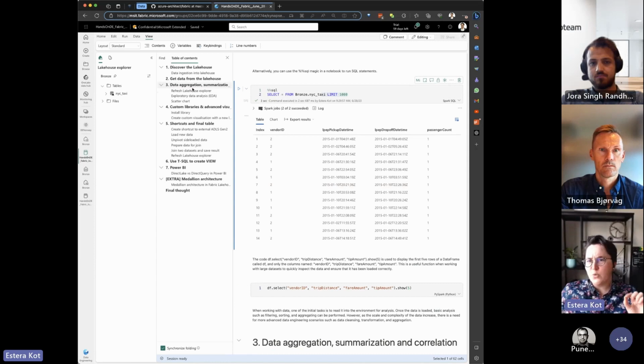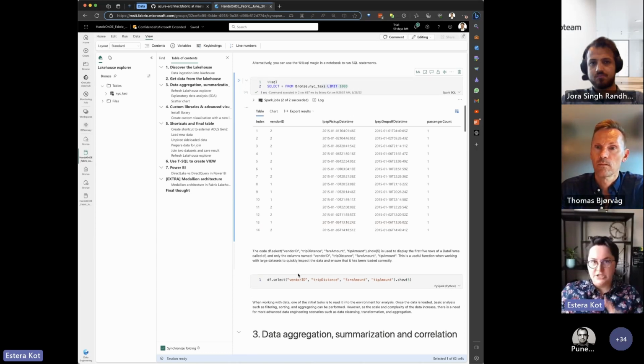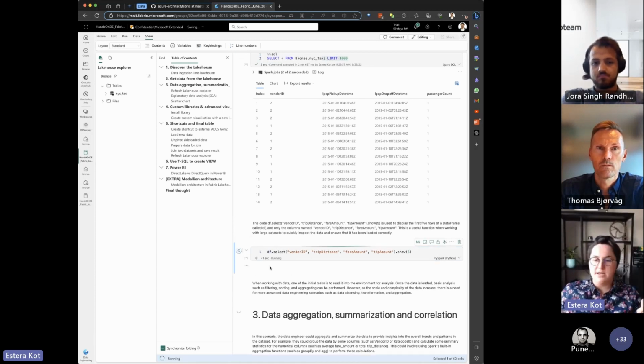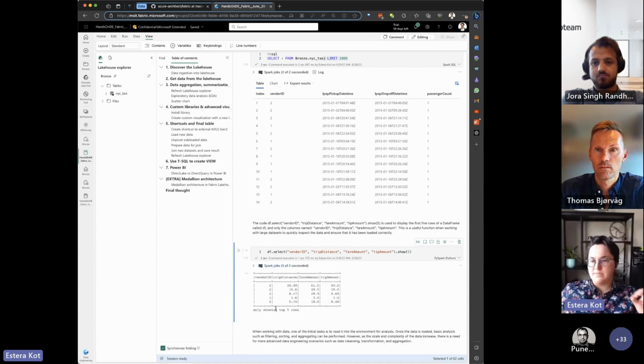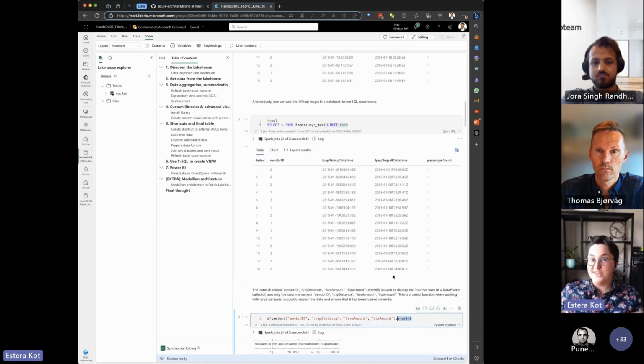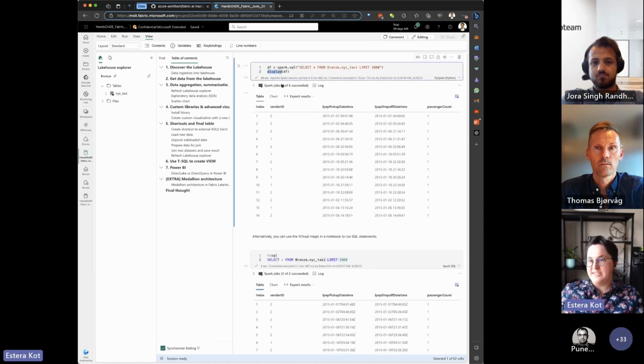Now let's go quickly through getting data from the Lakehouse for exploratory data analysis, how to do that in Fabric, with a couple of code snippets just to select a couple of rows, again showing the caching mechanism under the hood with immediate results. Show is a similar but different method than display.